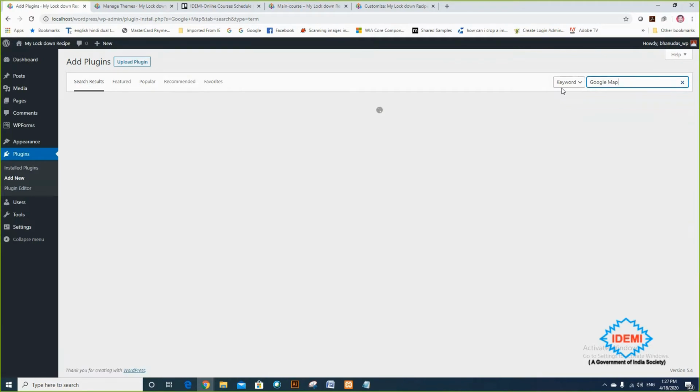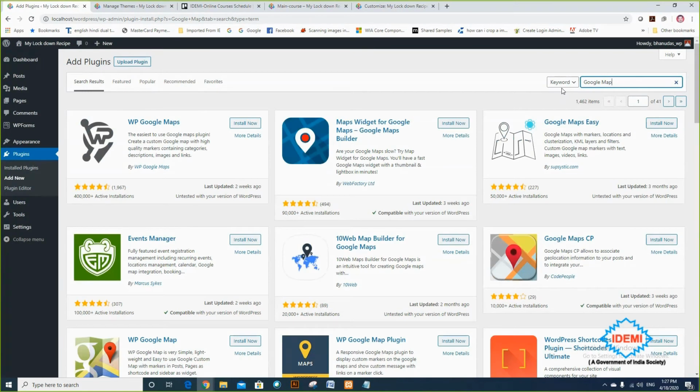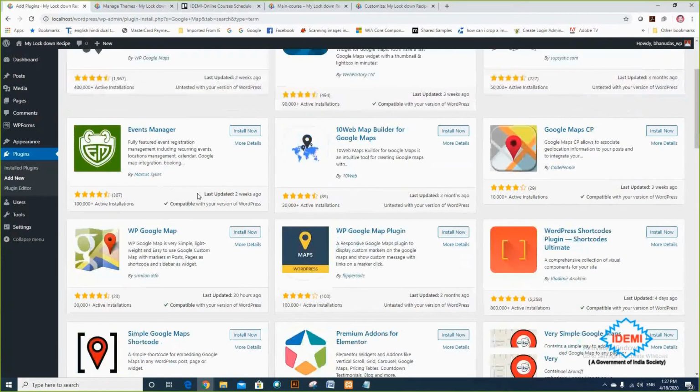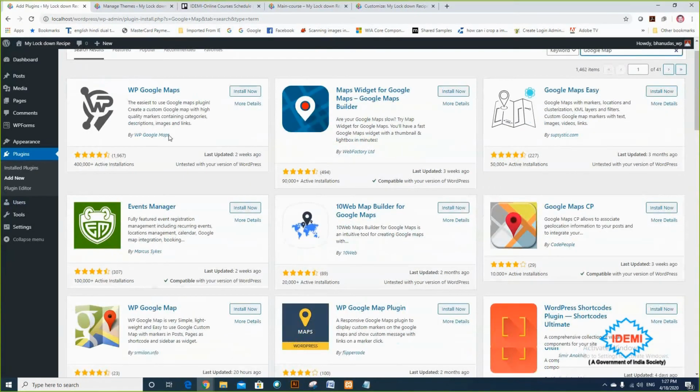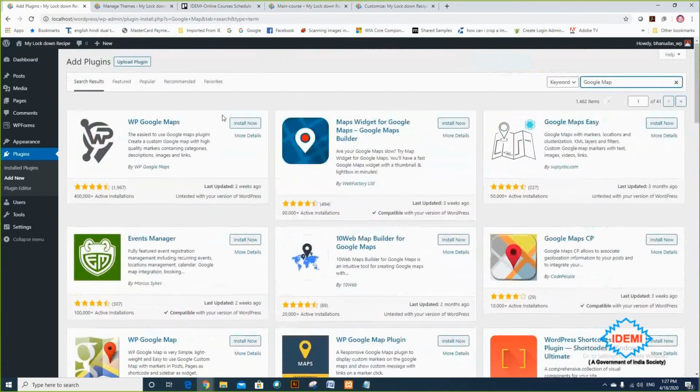They are providing n number of plugins where you can insert the Google Map. Then you install that plugin, and once you install it, it will create a Google Map for you. If you want a slider, you just put a slider here.